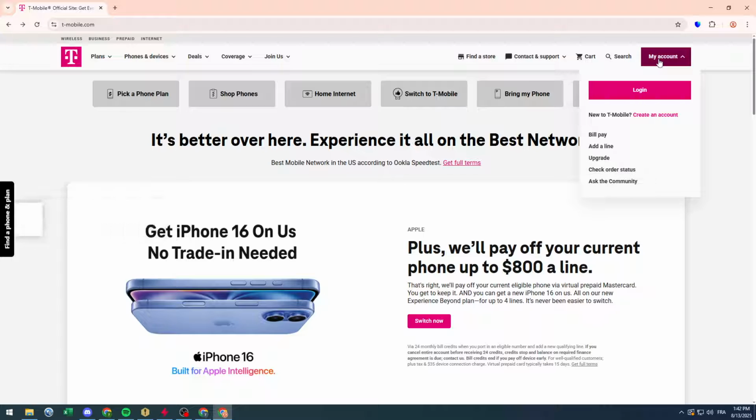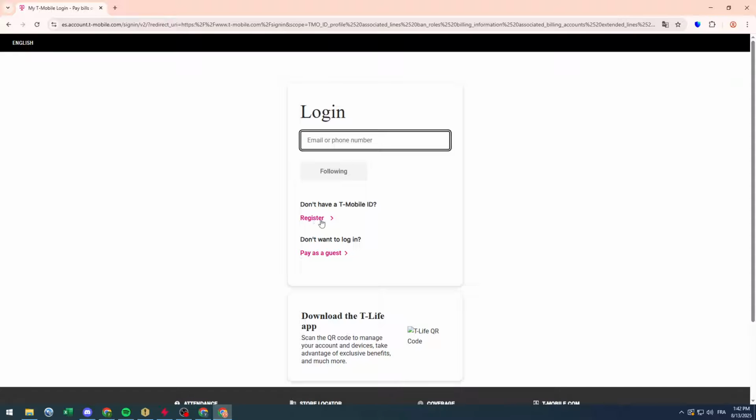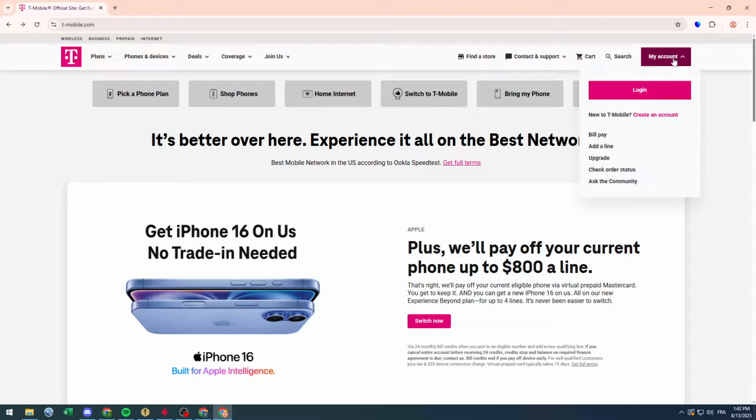In case you had an account already, click on Login and put your information. In case you didn't have one, then simply click on Sign Up, as you will be seeing on this page, and Register. Now, if you wanted to simply do it the easiest way, simply go back to your account from here